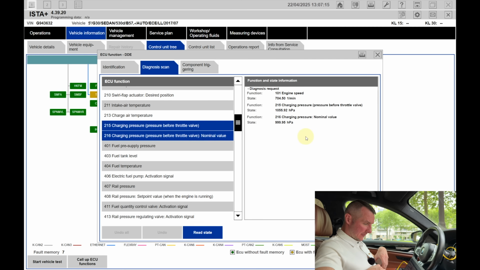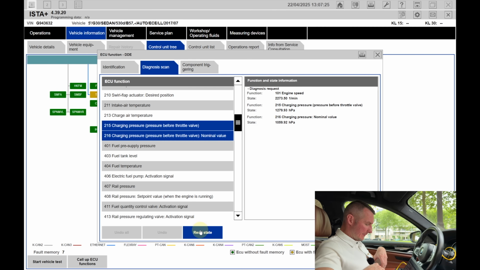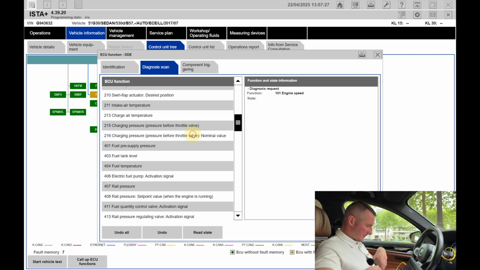You can see the nominal value and before. So desired position and the actual position. Those values can differ a bit. It is absolutely okay. Fuel pressure supply